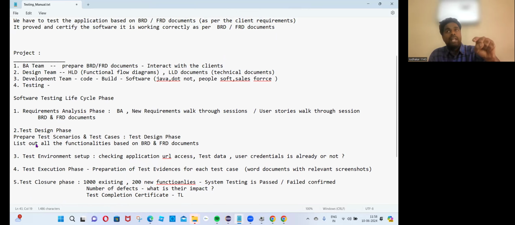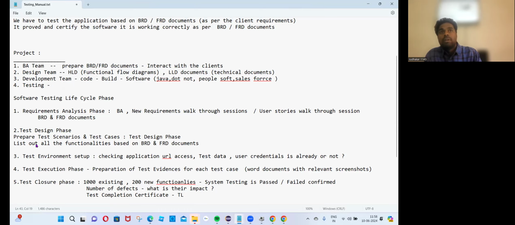But nowadays, almost every company, every project, is depending on Selenium Java only, because Selenium Java is free open source software. No need to buy any license. There are so many advantages in Selenium Java. The scripts can be executed on different browsers also. The same 100 lines of code will work on Chrome, Firefox,